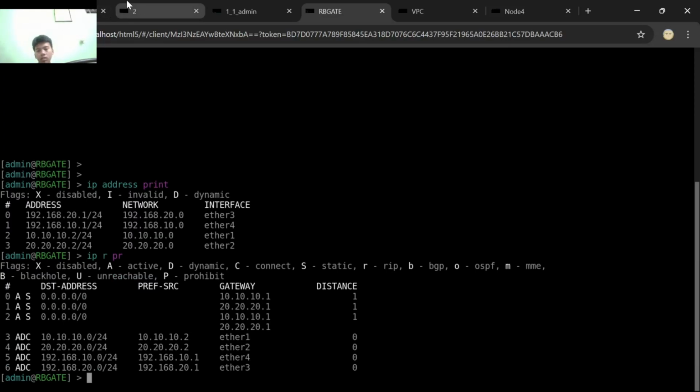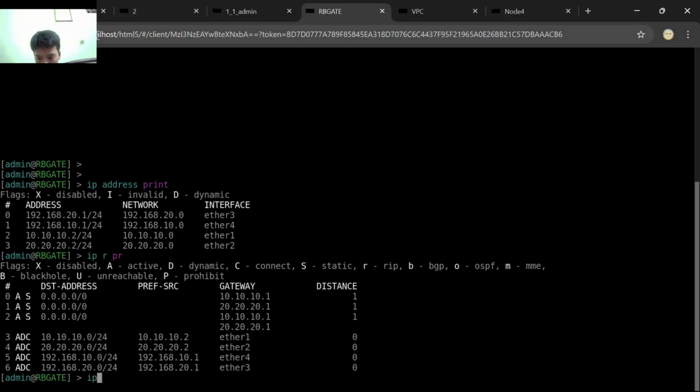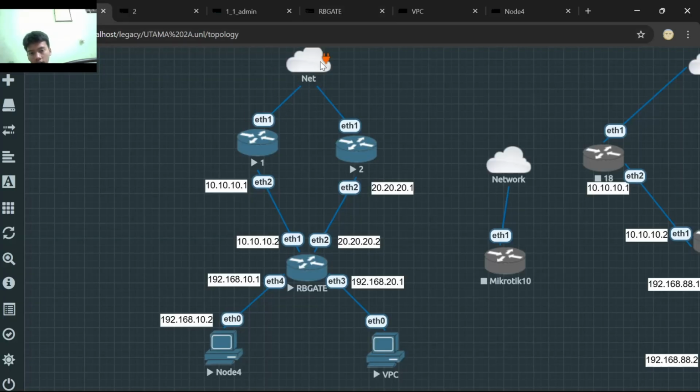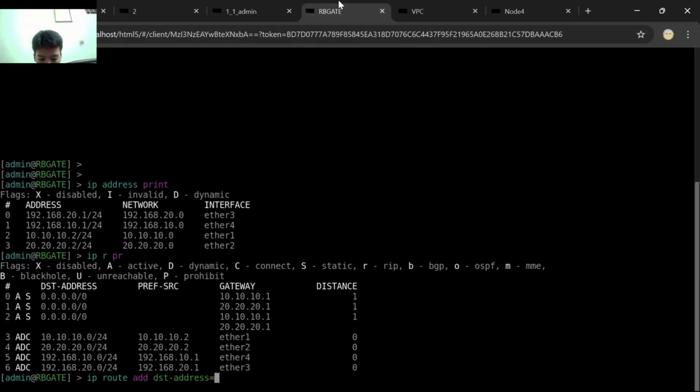So how to add it? You can do it like this: ip route add dst-address, fill the destination to the internet with 0.0.0.0/0 and the gateway.